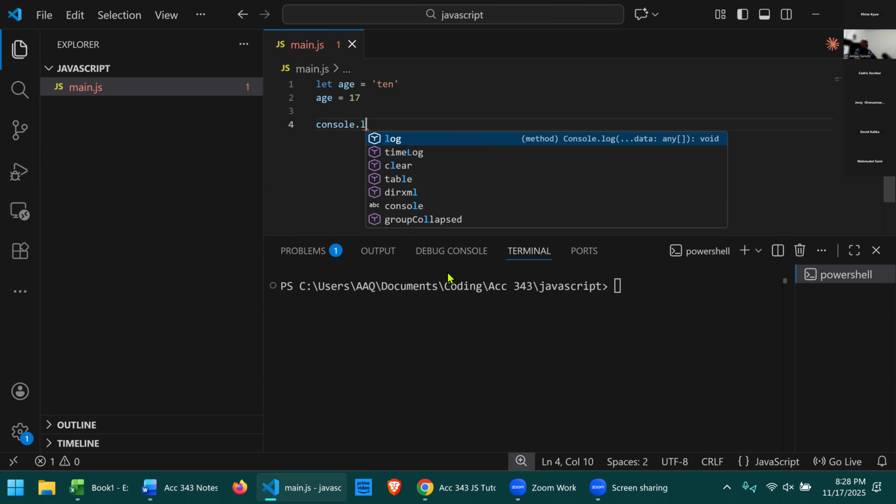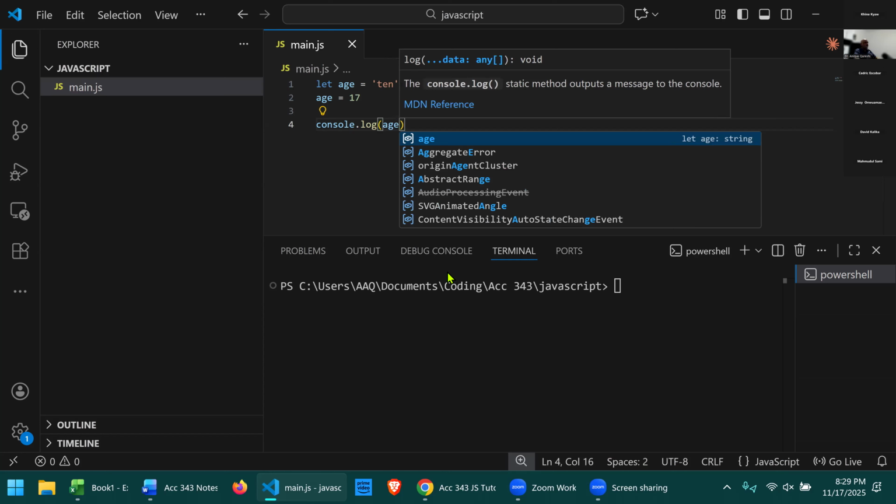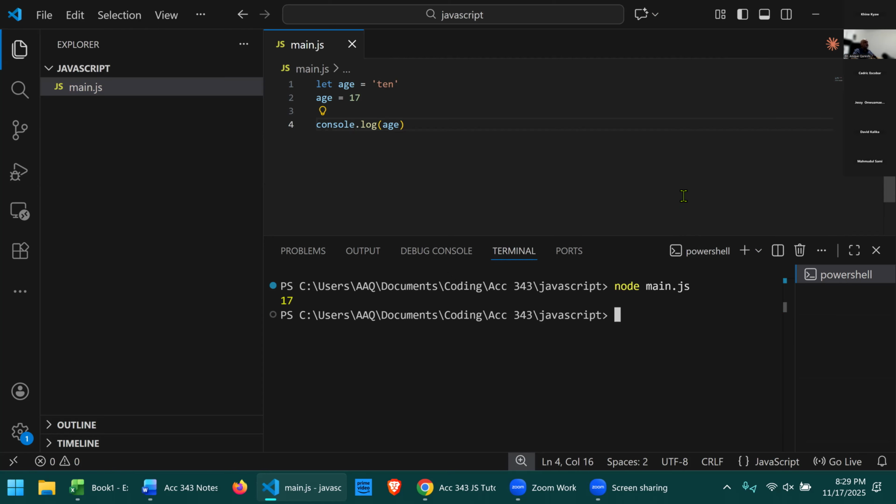Console.log age. And I think you all know what the age will be. Age is 17. So it's a variable that I define, which means with a let, that means, yeah, I can reassign it a value. But not only can I reassign it a value,